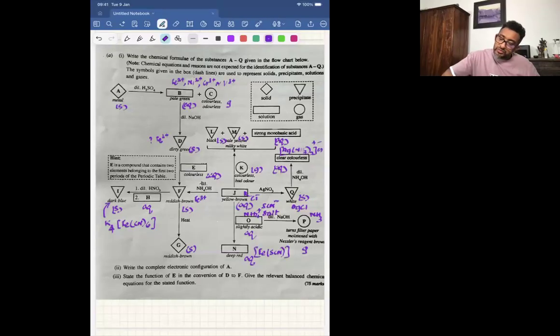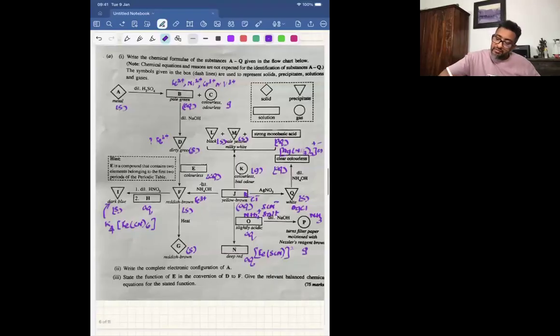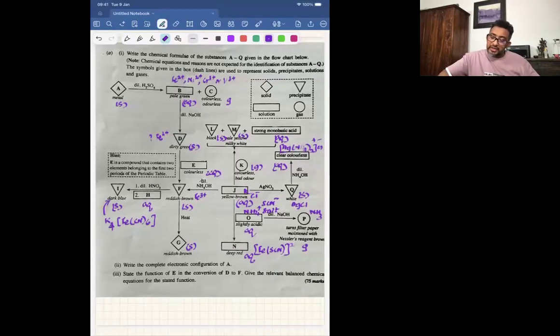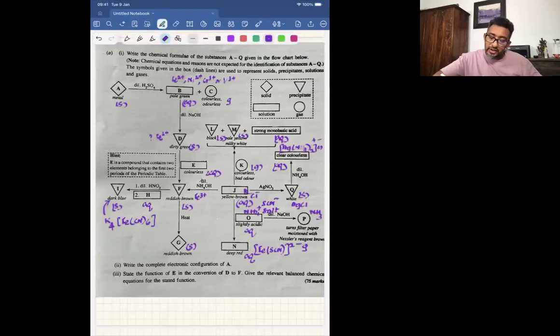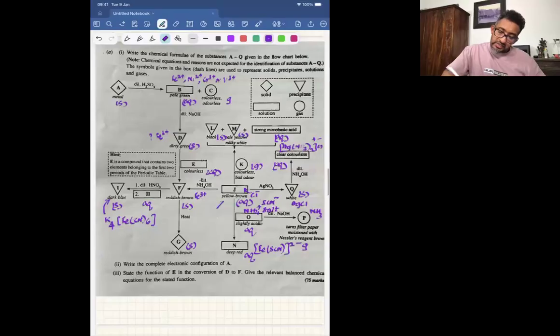We are gradually figuring it out. Then you have the chloride. You have the chloride here, yellowish-brown color, silver nitrate. You add a chloride, yellowish-brown color, chloride. So that means J is